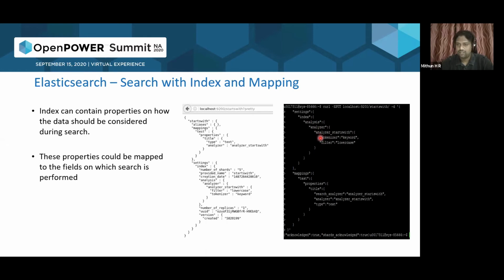So one thing is the tokenizer. There are different tokenizers in order to arrange your data into Elasticsearch. Here we have taken keyword. How it works is it will create indexes based on the different keywords. Since we want to search the data based on a keyword match, we have used the tokenizer as keyword. And we have defined a filter with this tokenizer, which is a lowercase filter. So whenever it is inserting the data into Elasticsearch, everything will be converted into lowercase.